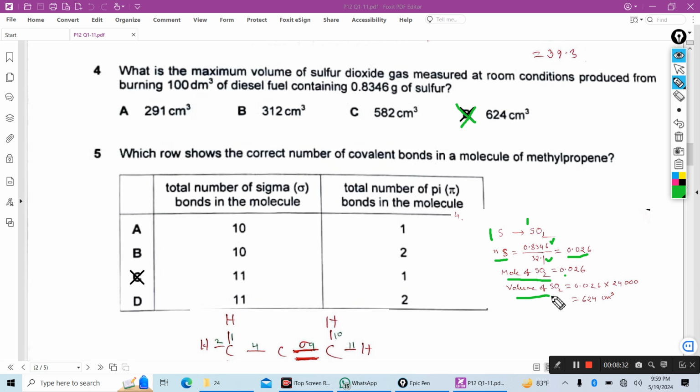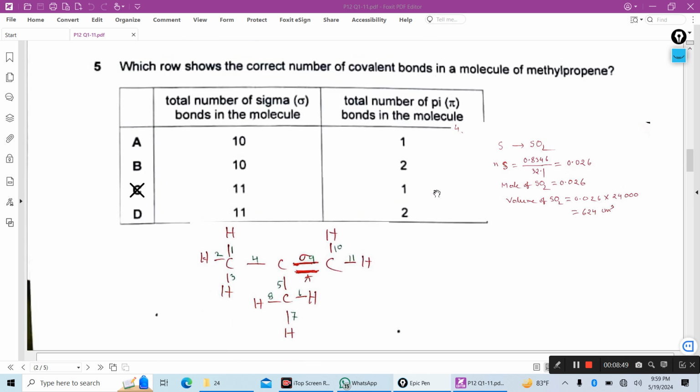0.026. Now volume of sulfur dioxide is number of moles times molar volume, 24,000 centimeter cube, as centimeter cube answer is given, so 624 centimeter cube. Then this number 5,